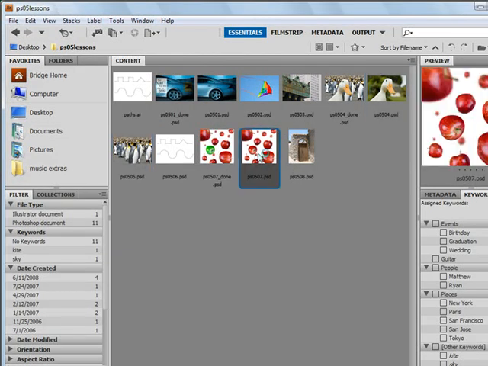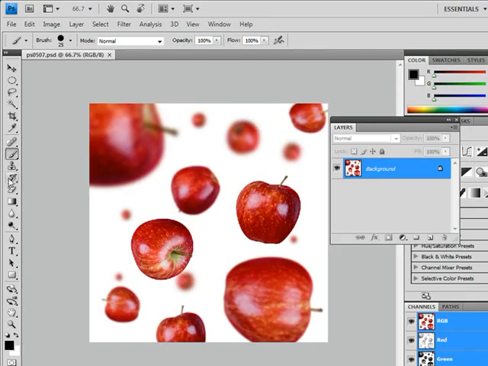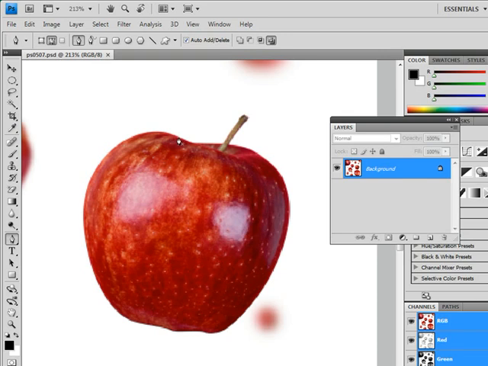Okay, so moving on, one more type of selection tool that I want to cover, and that is probably the best one out there. That's the pen tool. And so I'm going to go ahead and maybe I'll open up one of these apples here. If you use the pen tool, there are some pen exercises in this lesson file that are really helpful. I'm just going to show how you can use it to apply a change to an image. And to do that, I'm going to hold down on my spacebar and control key and just zoom into this